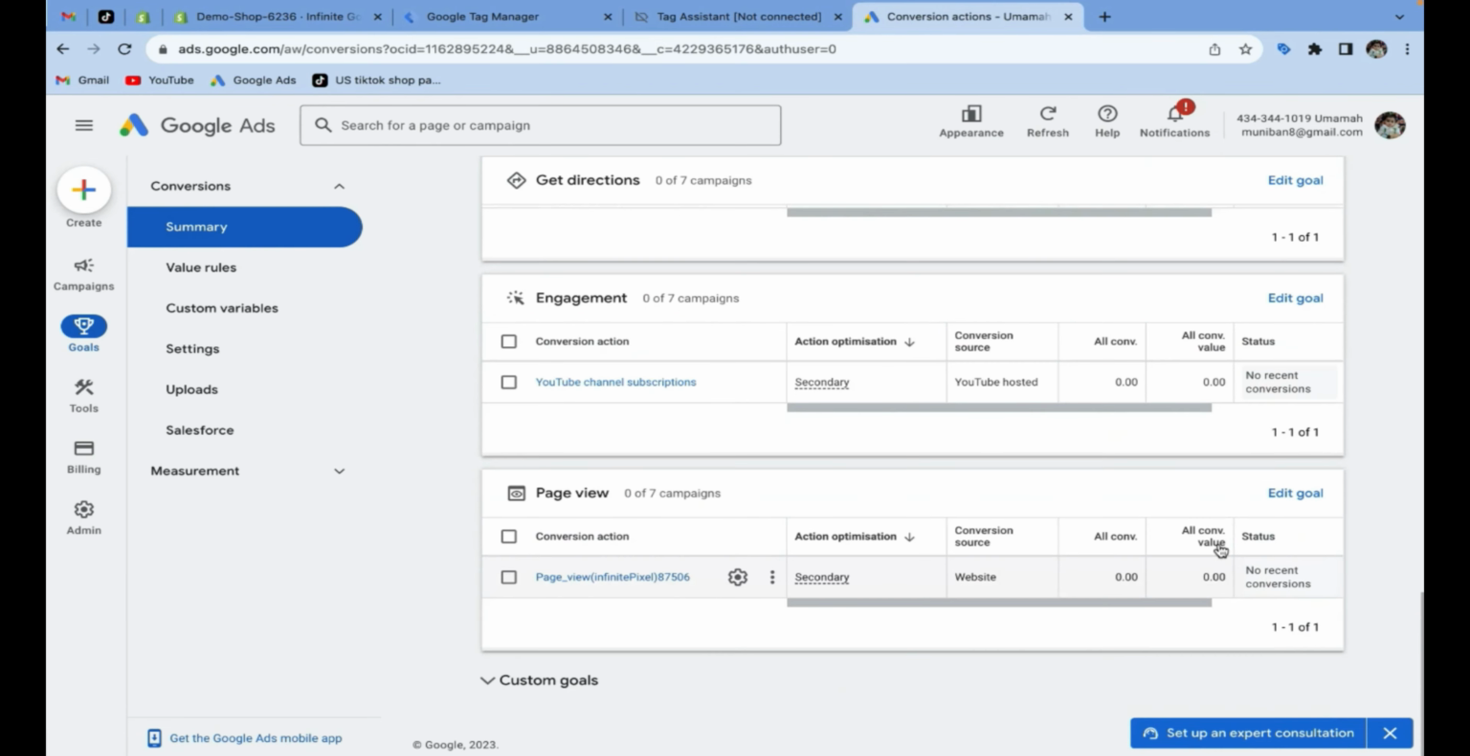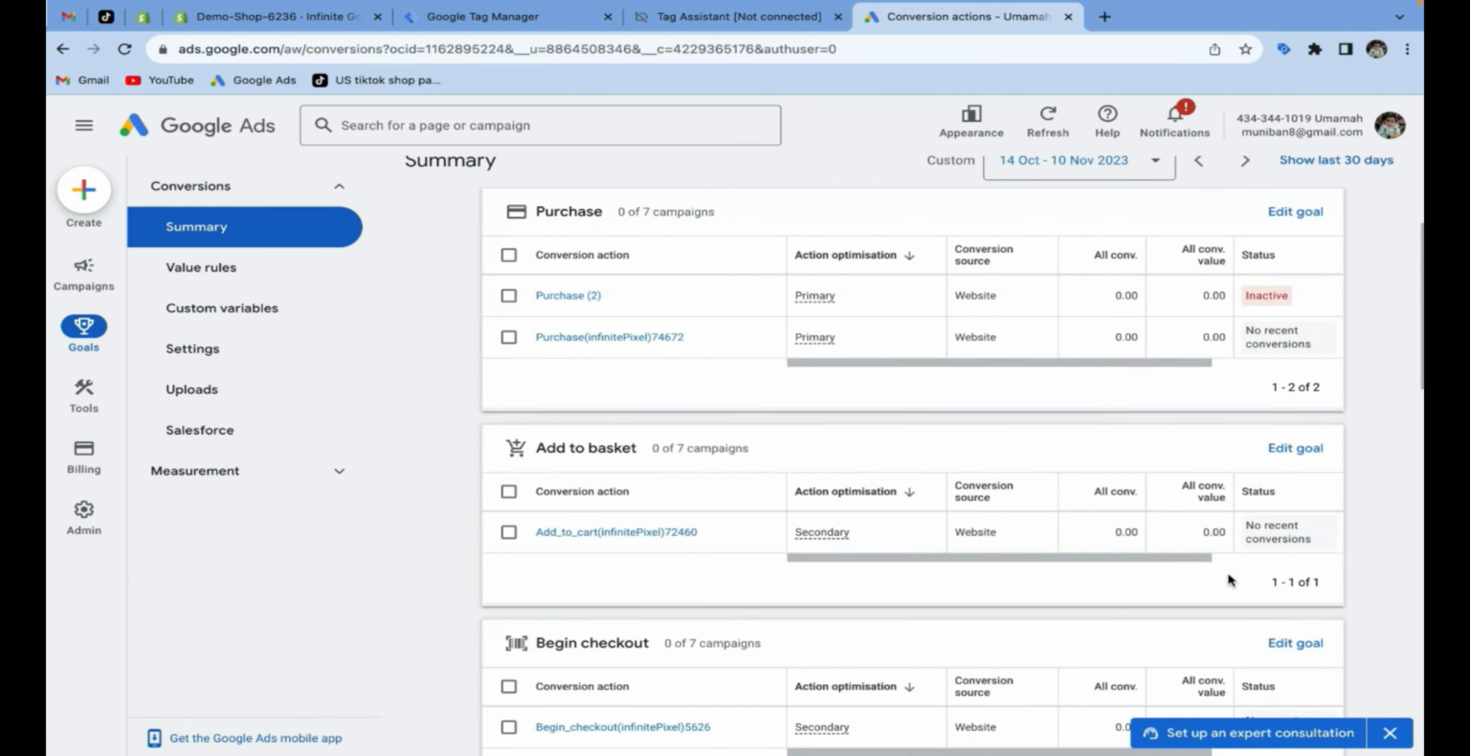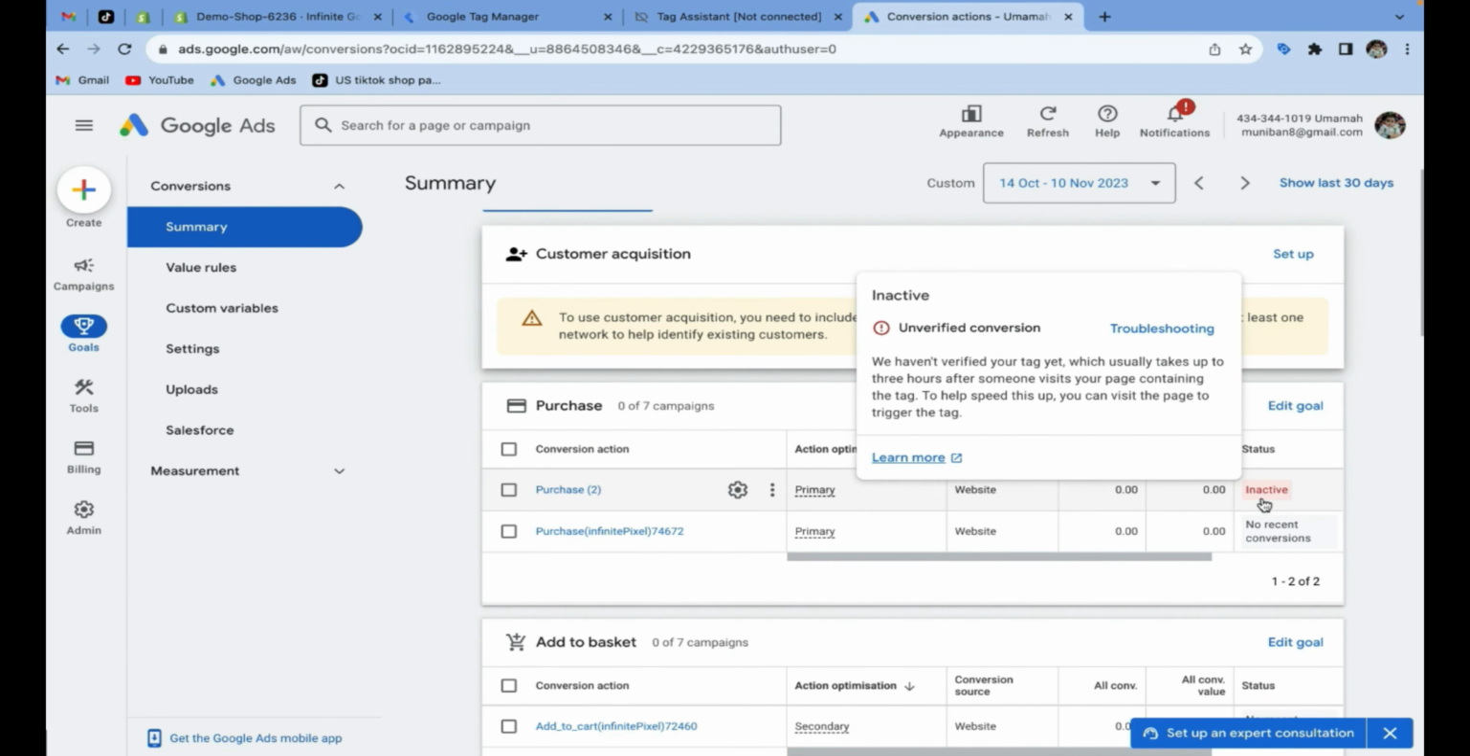And if the conversion tag is inactive, then it will show needs attention. And if we move our cursor to inactive, it will also display that we haven't verified your tag yet, which usually takes up to 3 hours after someone visits your page containing the tag. To help speed this up, you can visit the page to trigger the tag. So this was all about